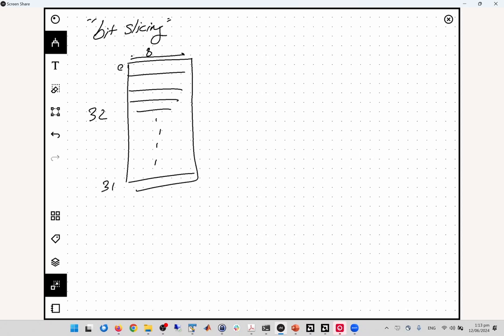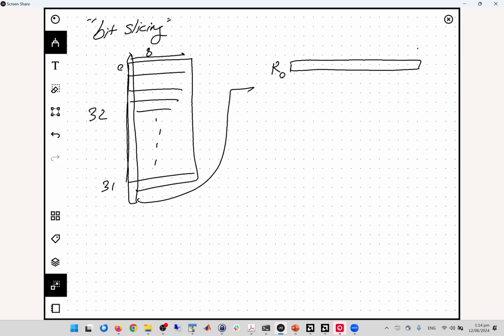But then you have to write it differently. This should be in a register R0 from 0 to 31. If here is x0,0, and here x0,7, and here is the x value 31,0, and here this bit is x31,7, then you have to change it in a way that